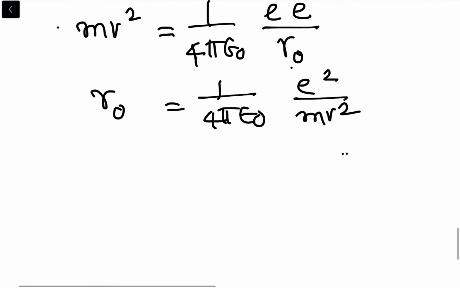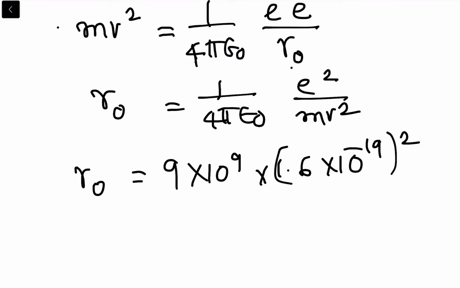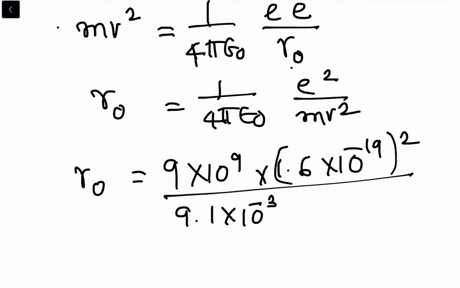Therefore RO is equal to 1 by 4 pi epsilon naught, the value you all know, that is 9 into 10 to the power of 9. E means charge of electron, 1.6 into 10 to the power of minus 19 coulombs, whole square, divided by mass of electron, 9.1 into 10 to the power of minus 31 kg,